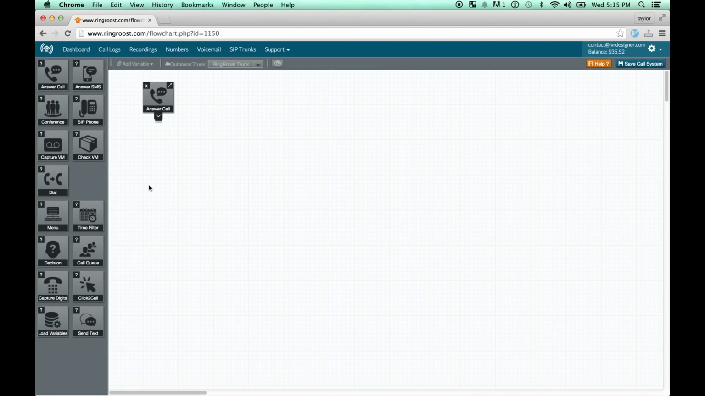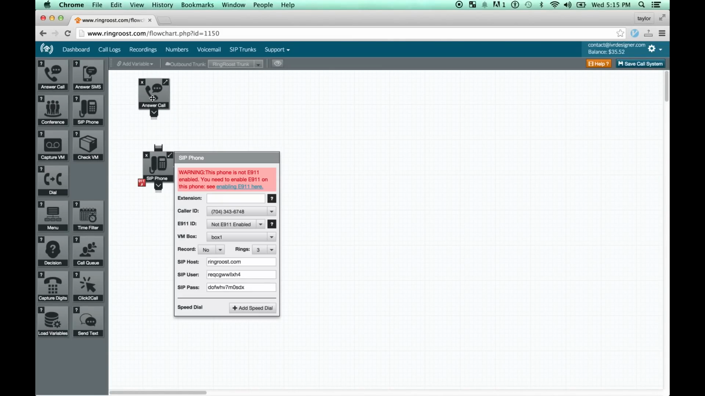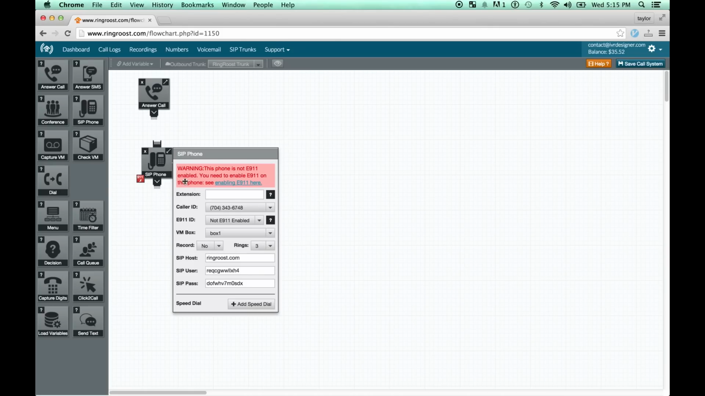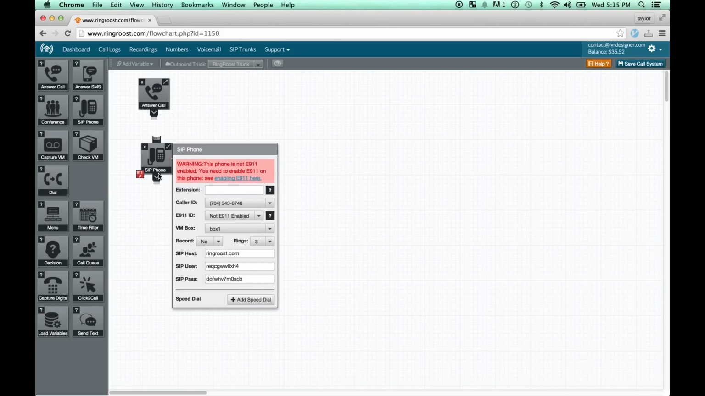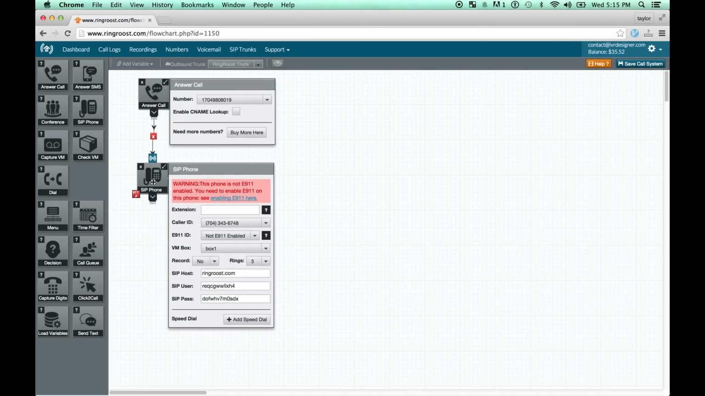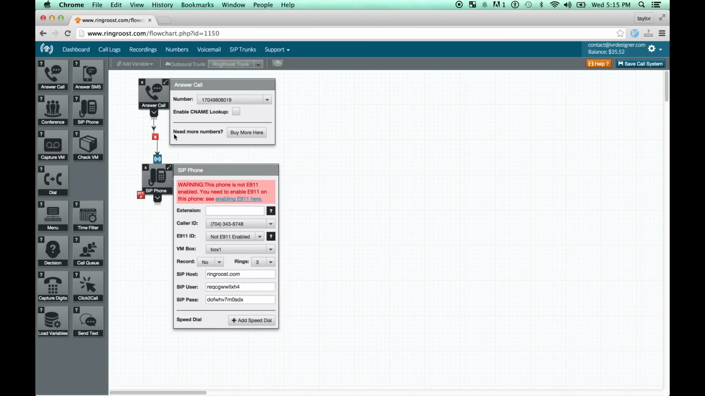So the SIP phone control is probably the most powerful control on RingRoost. What you can do with it is it allows you to register any SIP phone, either hard phone or soft phone, and start making and receiving calls with that phone. So what you want to do is connect whatever number you want to ring this particular phone. And so what we're going to say is when we call this particular number, we're going to ring this particular